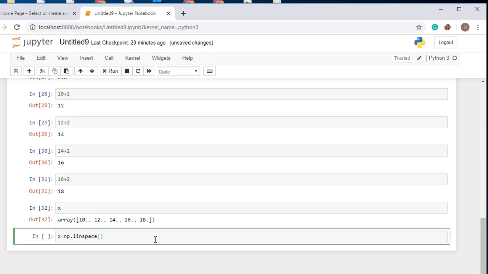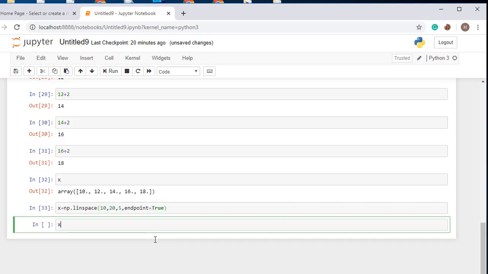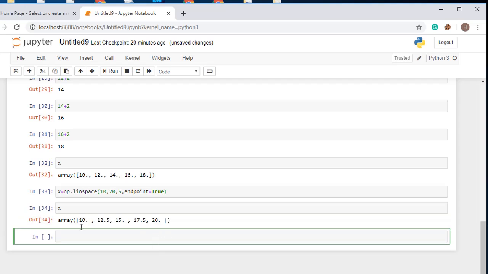Alright, so let's see, 10, 20, and then num 5, and endpoint equal to true. Then you will get this. What has it divided? It has done 20 minus 10, and then divided by 5 minus 1.